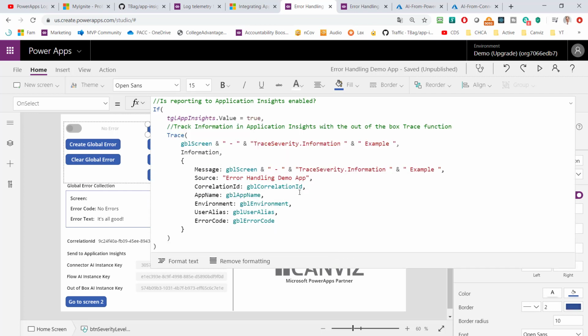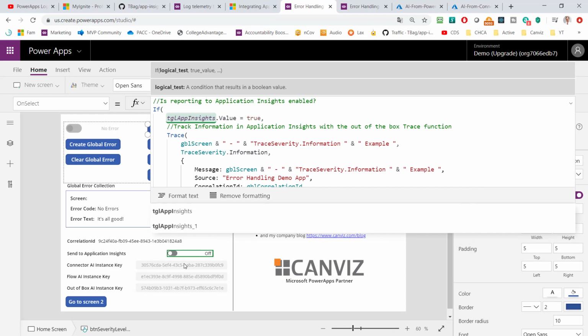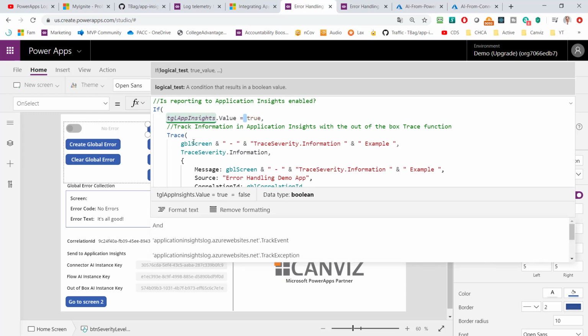So first thing I do is I say, is reporting App Insights enabled? And this is this toggle app insights.value. Well, you may be wondering, where is that set? You saw me set it before, but you probably didn't know I did it. See the green underline here and here? That's this control. So when I turned App Insights on, this is true, and therefore I'm going to log to